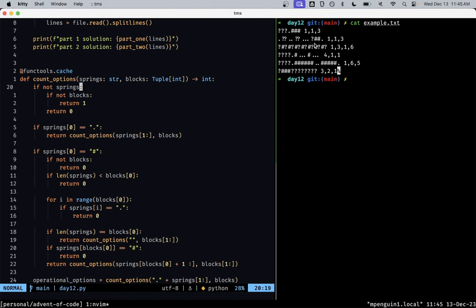Recursively, at this question mark, we can either have undamaged or damaged. If it's damaged, so if it's a pound sign, then since we have a block size of 1, we know that the next value must be a period, undamaged. Then we get to this next question mark. We could try a period, but then we would only have a block of length 1 and a block of length 3, so this would be invalid. We can also try a pound sign, in which case it would be valid,